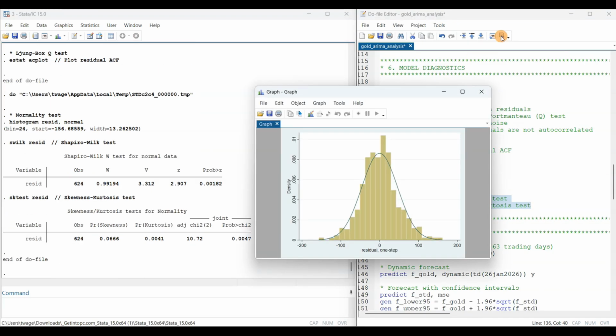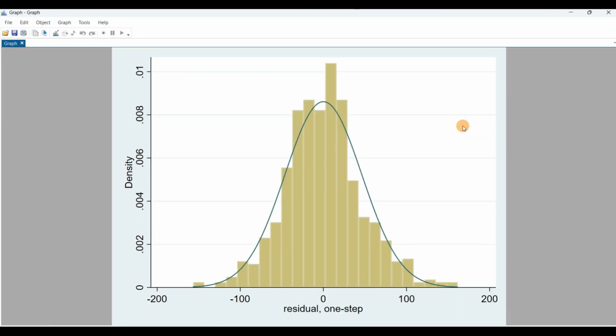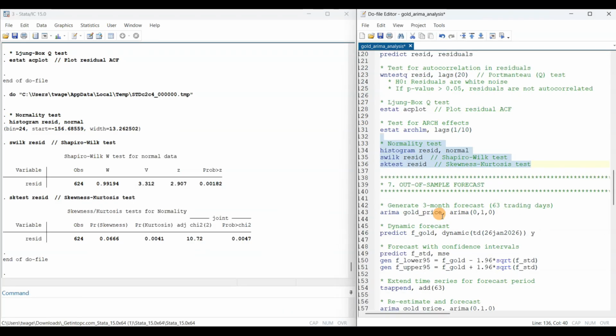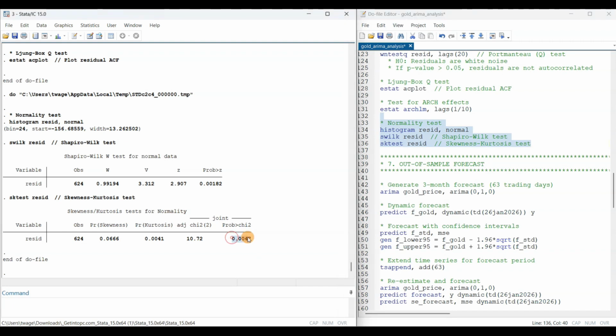My residuals are normally distributed with both tails. I don't know the kurtosis and the skewness, but at least they are normally distributed